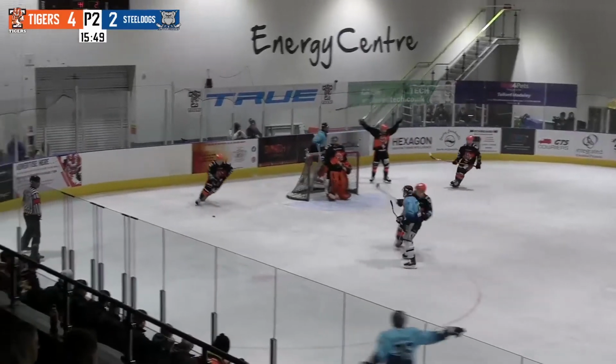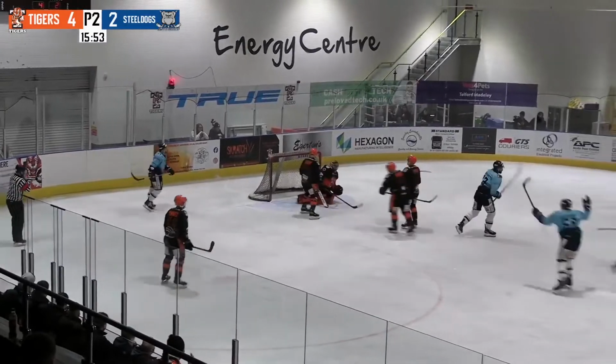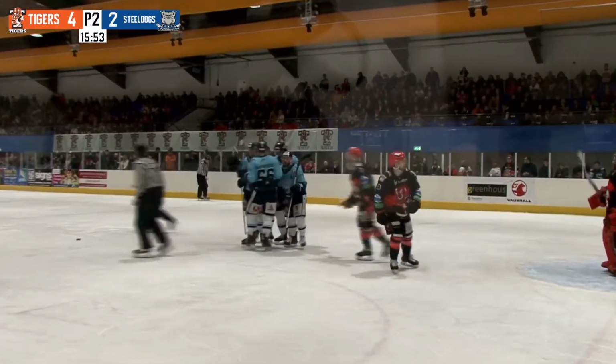A bit of hustling and tussling between Bissonette and Aston. Aston hasn't got a stick now. Bissonette gets the shot, shoots and scores. And that all came about from this tussle in front of us here. Because Bissonette tied up with Aston. The two...